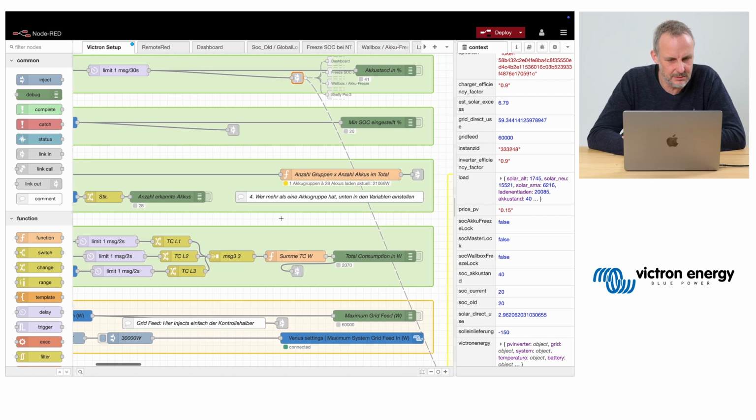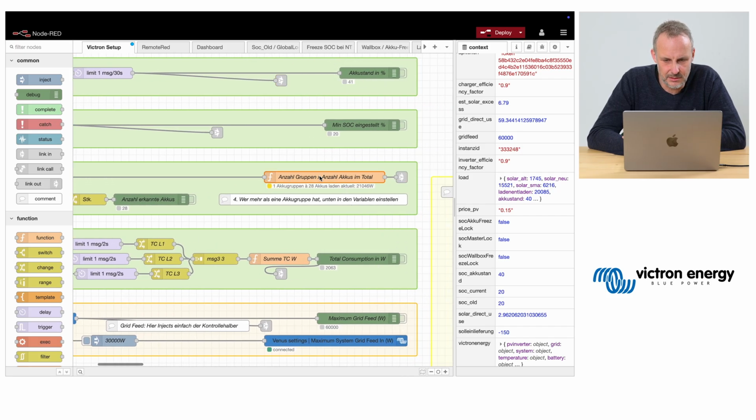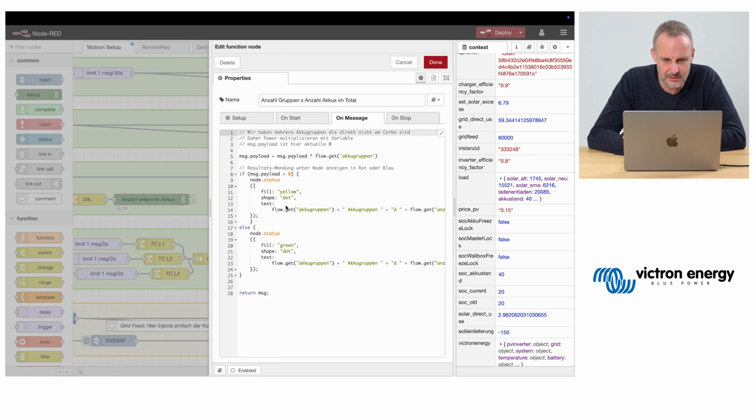What else do we have? Oh, I see that this function node also uses this node status, which I showed before. You set in a fill, you set in a shape, and you set the text. And this text is constructed of several things.